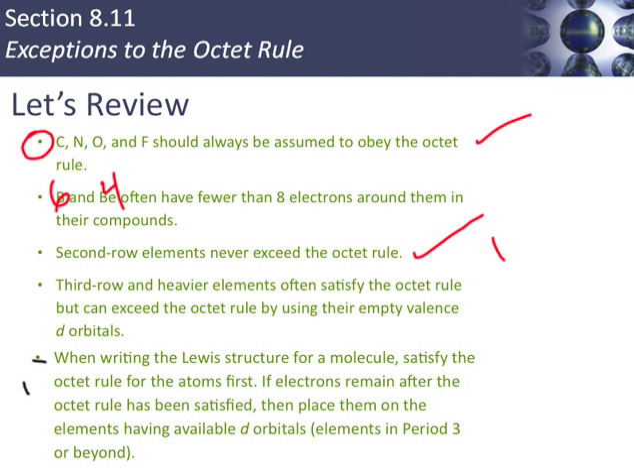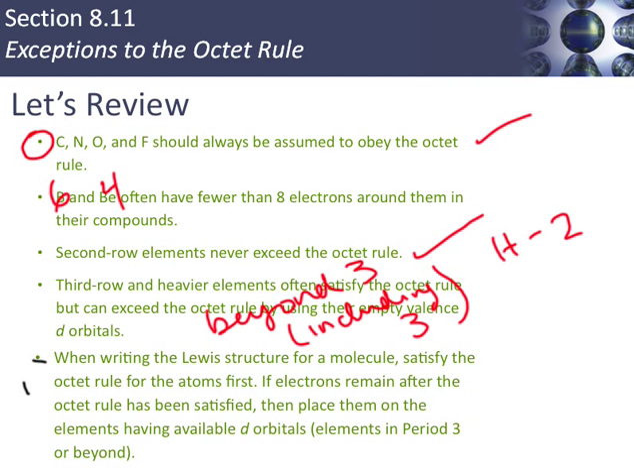We know that hydrogen only needs 2, right? Third row and heavier elements often satisfy the octet rule but can exceed the octet rule by using their empty valence d orbitals. So anything beyond 2, so 3, including 3, can expand the octet. And then when writing Lewis structures, specifically when looking at exceptions,